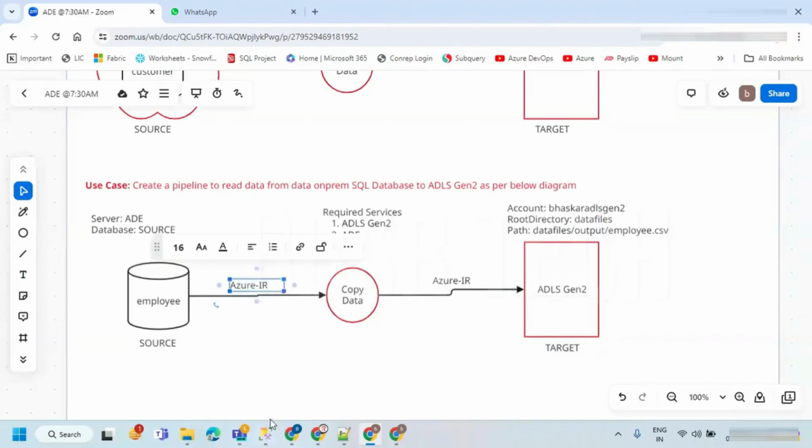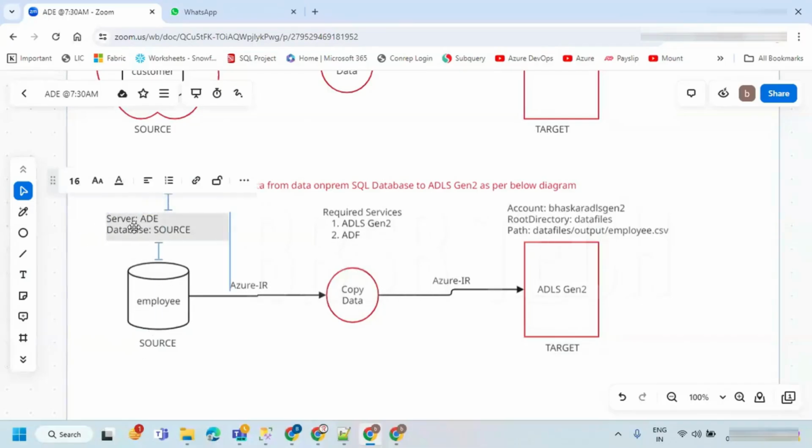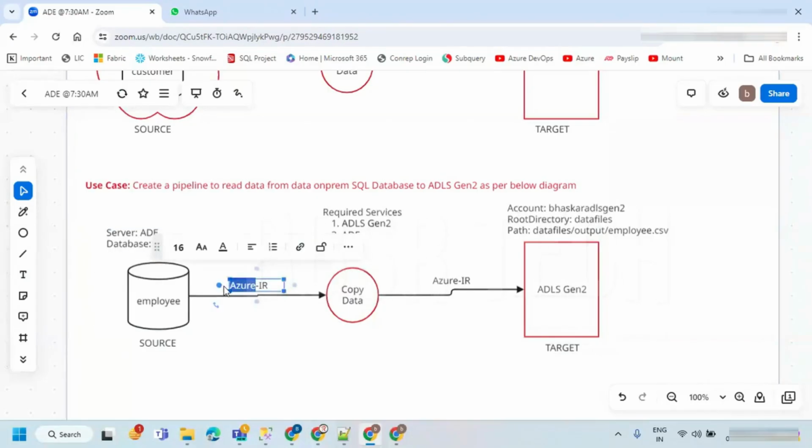Since this is an on-prem SQL Server, we need to have an integration runtime called self-hosted IR. Self-hosted integration runtime is required.